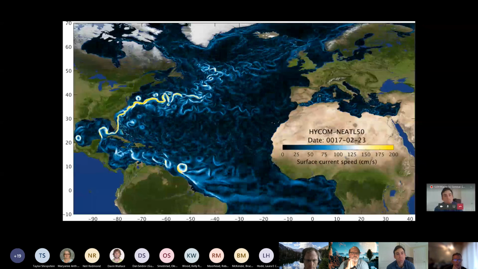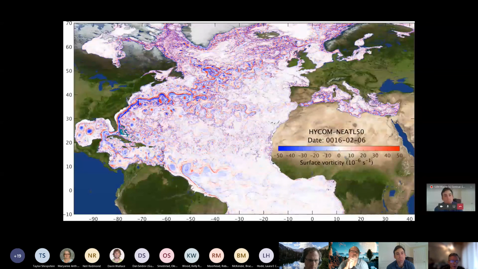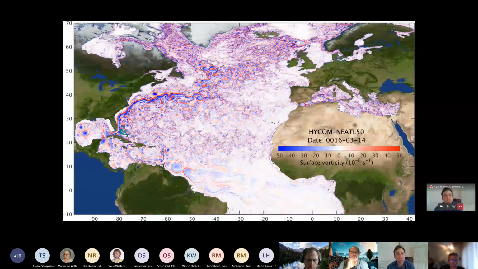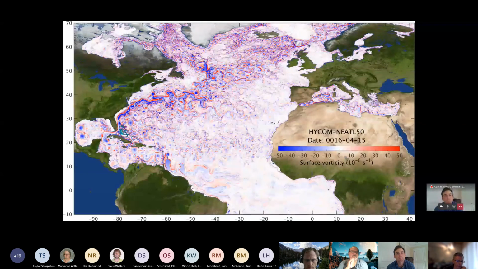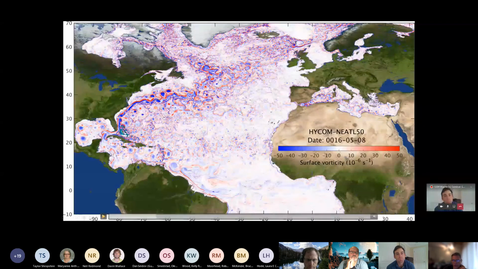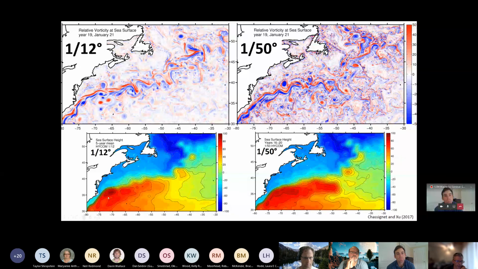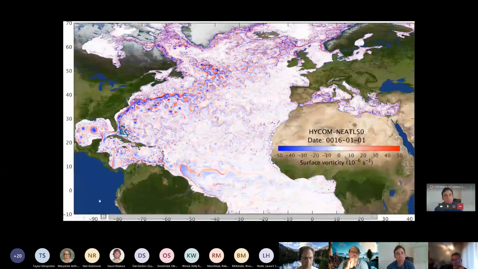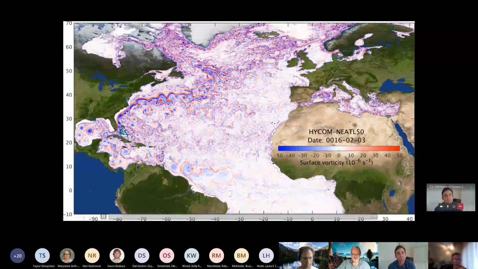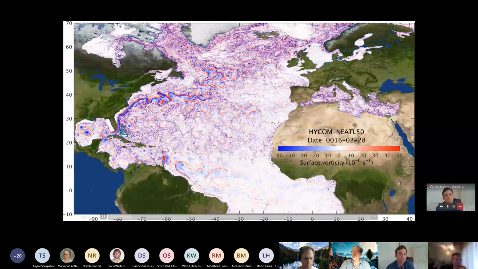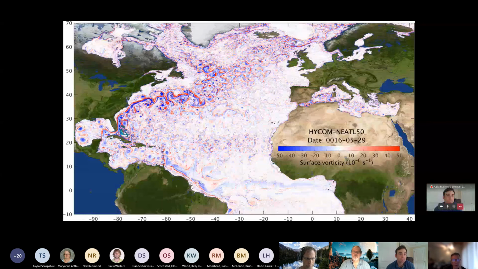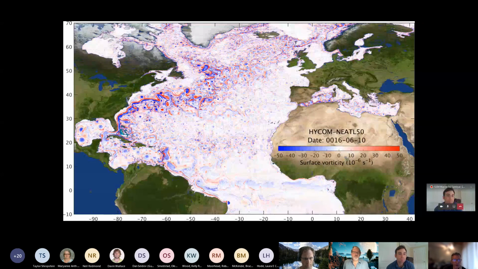This translates into vorticity. And what is really special about this resolution is you start to resolve submesoscale eddies, which are really the tiny little features that you see here, and they vary seasonally. So in this March, that's when the mixed layer becomes more unstable. You see a lot of eddies everywhere, little submesoscale features. And as the summer comes and the mixed layer retreats, the instabilities diminish, and you start to see less and less of those